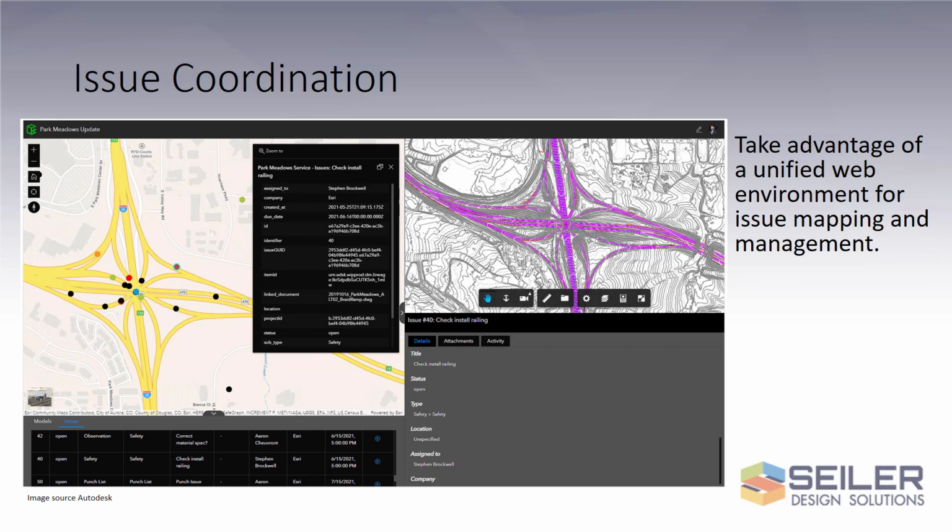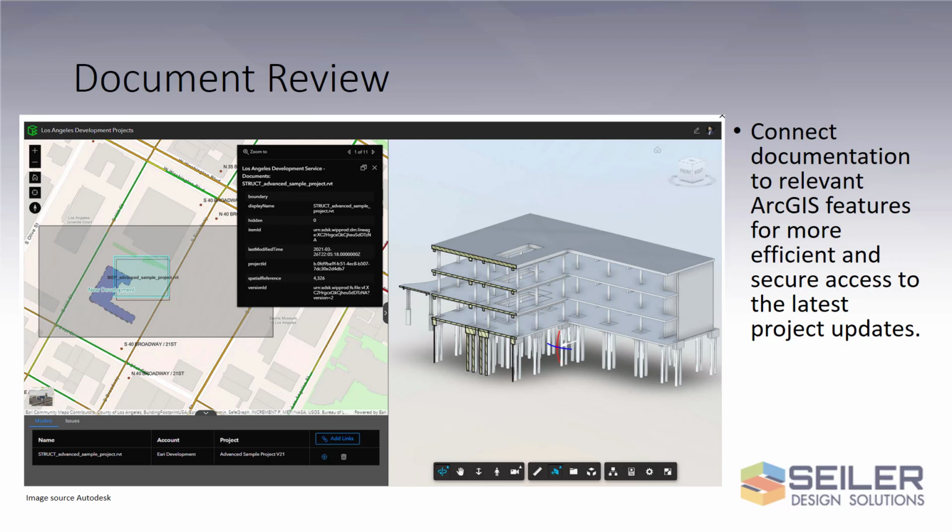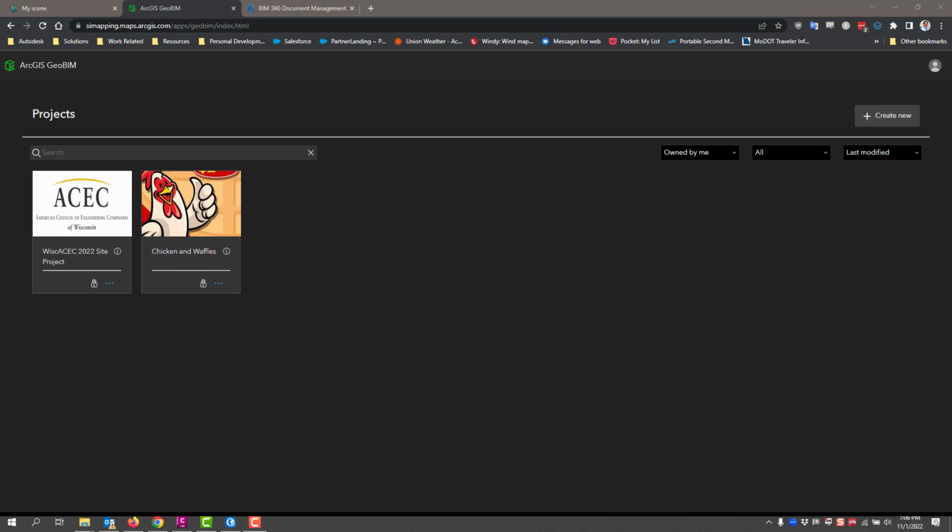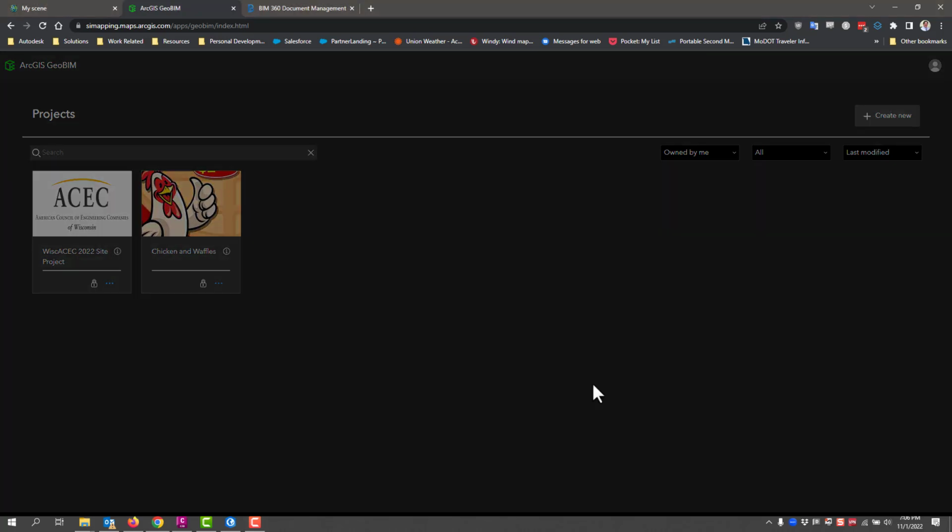Take advantage of a unified web environment for issue mapping and management, and document review, connecting documents to relevant ArcGIS features for more efficient and secure access to the latest project updates. ArcGIS GeoBIM lets us put our geospatial and our design data in one single portal. We can create new projects,